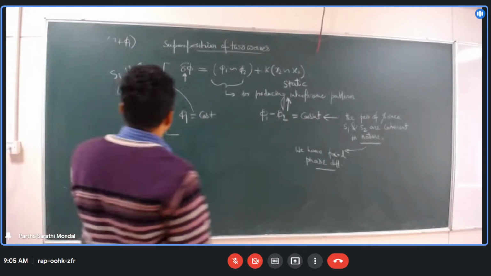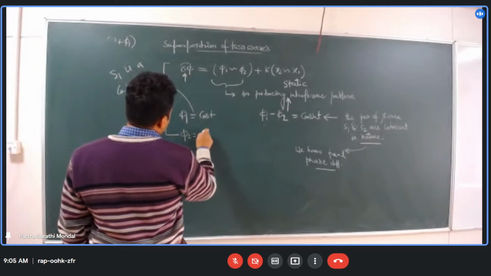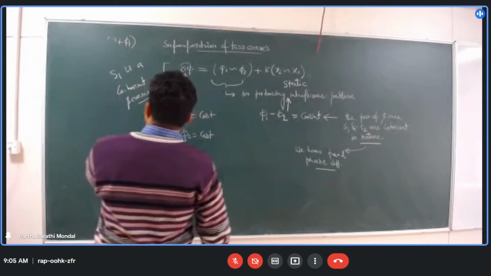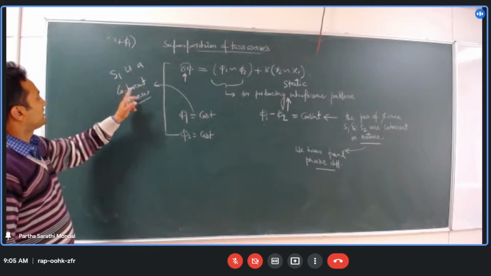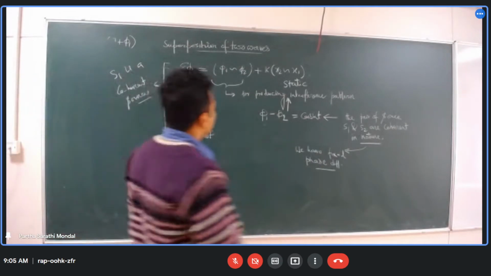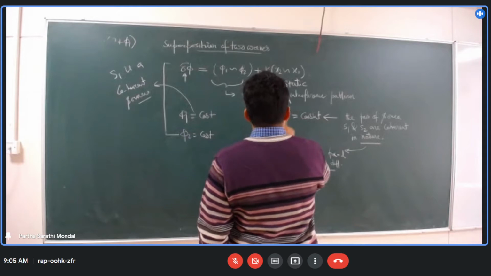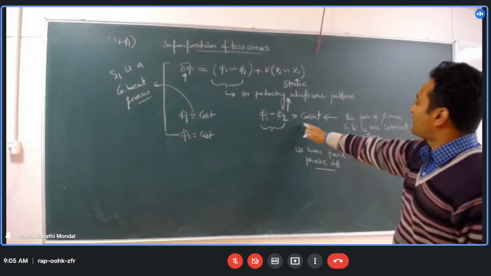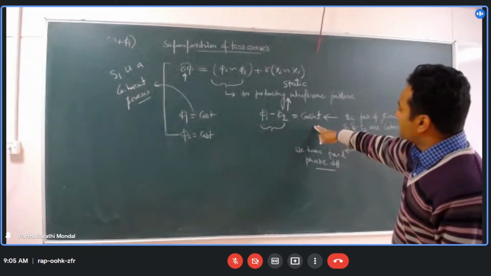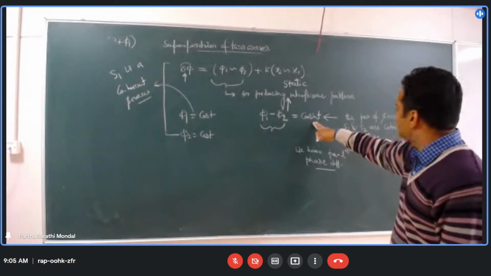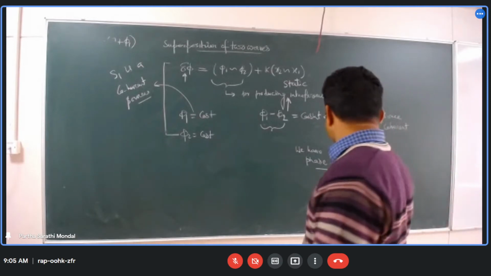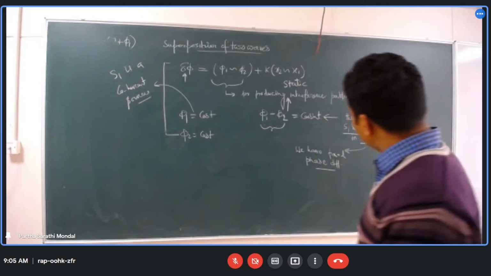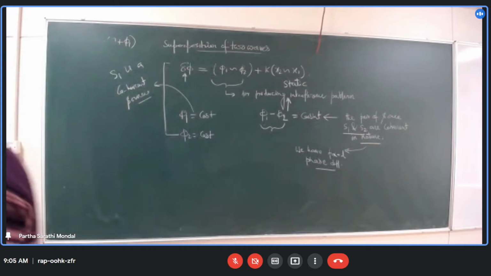Similarly, if I say phi 2 is constant, which is not changing as a function of time, in that case you can also say that the S2 source is also a coherent source. Now, if the difference, phi 1 minus phi 2, is constant as a function of time, then we say that S1 and S2 are a coherent pair of sources in nature. To produce an interference pattern, you need this.